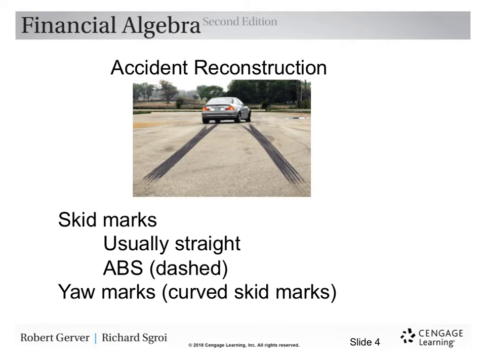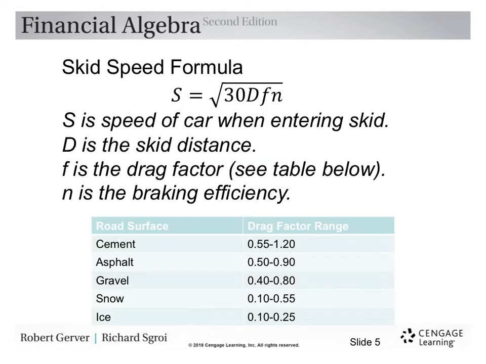Yaw marks are curved skid marks. So the above picture shows straight skid marks. If they're curved, they're considered to be yaw skid marks. Now, what exactly is the skid speed formula? The skid speed formula is simply S is equal to the square root of 30